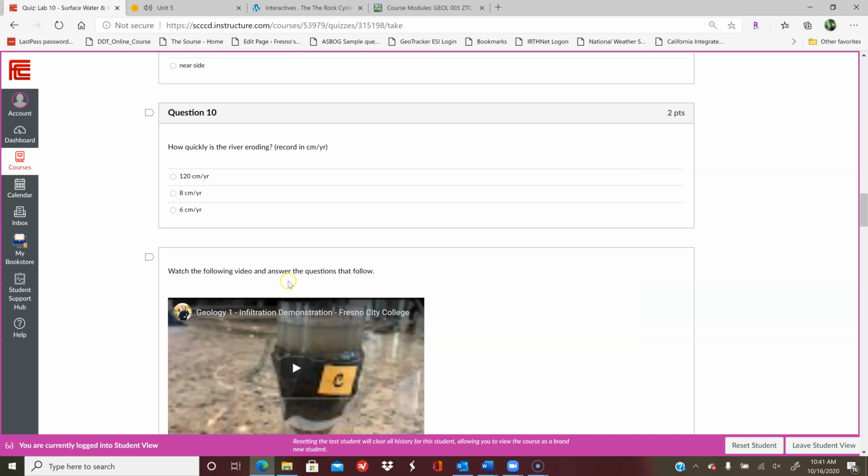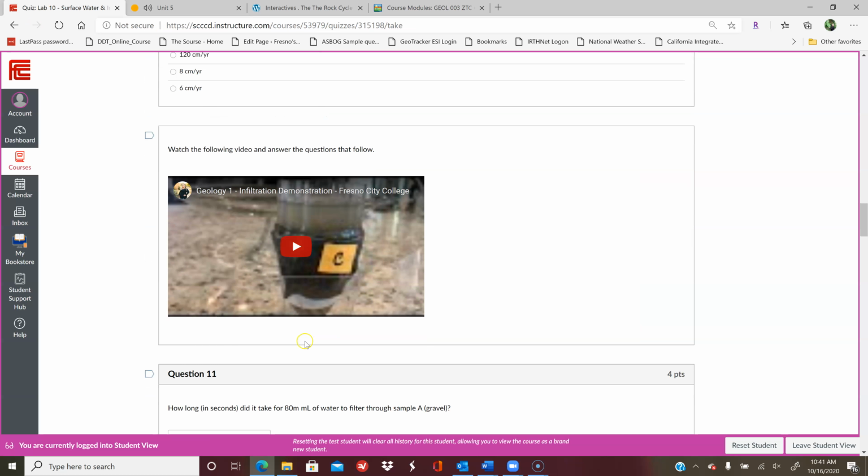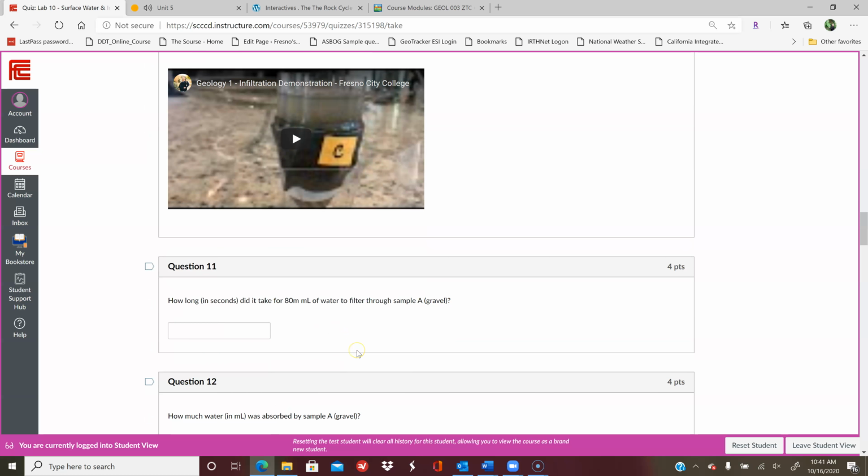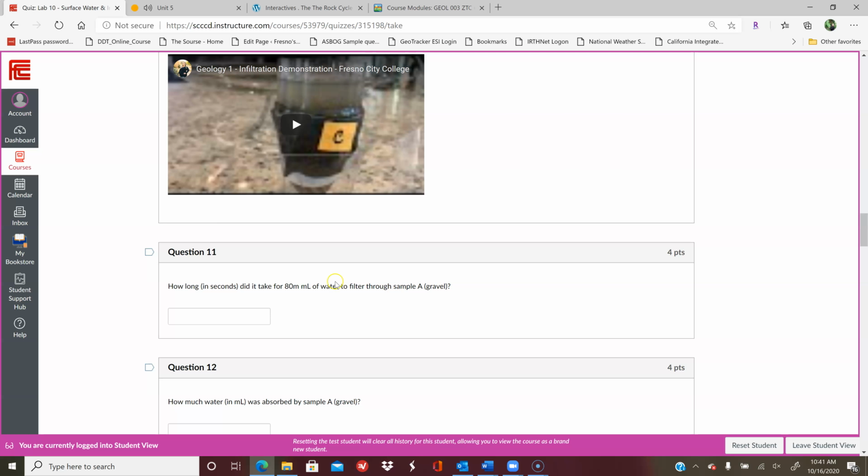Then you get into the next part, where you're doing an infiltration demonstration. You'll watch this video and then answer the questions below. Basically there are three different media: a gravel, a coarse sand, and then a fine sediment, and water will trickle through it. You're going to be watching the person delivering the video, who is actually my mom,